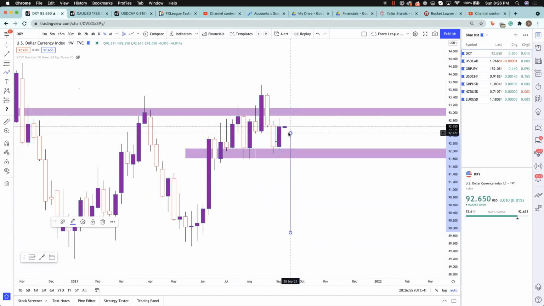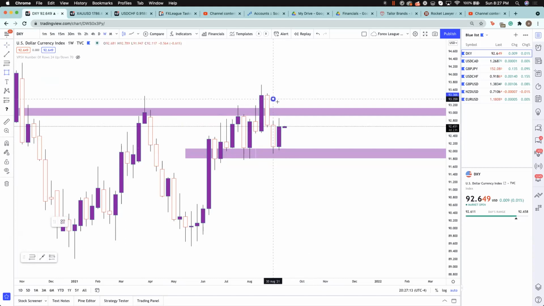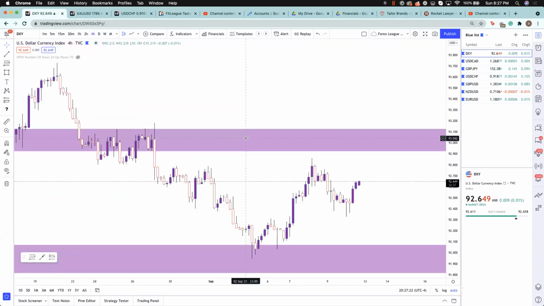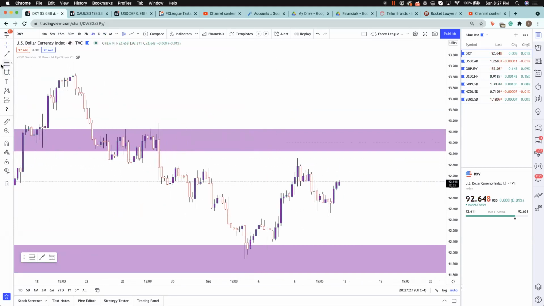The one thing that I'm noticing here is this previous week's candle failed to engulf that candle. And we do have a wick here. So what that's telling me is that sellers stepped in right here, pushed to the downside, and we came back up, kind of failed to actually engulf this previous candle. So as we get down to the 4-hour time frame, let's break that down and take a look at what is going on.